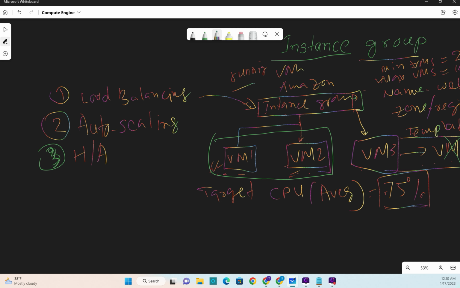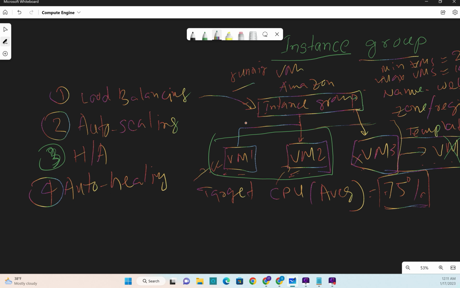So in any case, suppose you have 3 VMs running, right? Suppose one VM stops working. In that case, it will do a health check every 5 seconds, or whatever you decide. There is something called auto healing, like auto scaling. The auto healer will check every 5 seconds whether each virtual machine is available or not. If the virtual machine is not available 2 consecutive times, which you can also select,